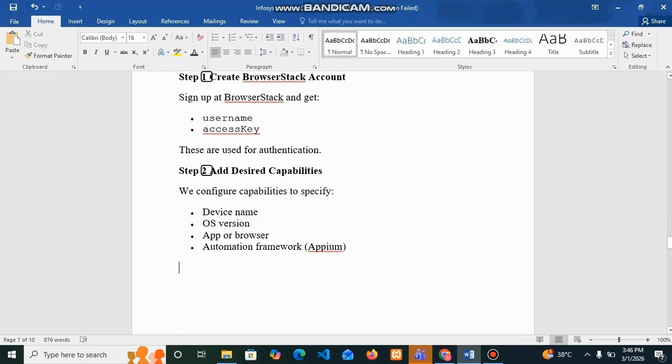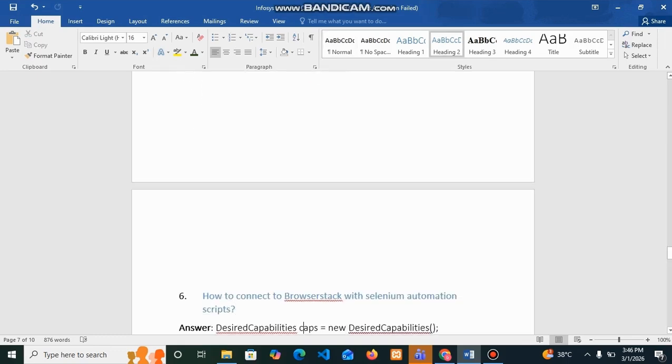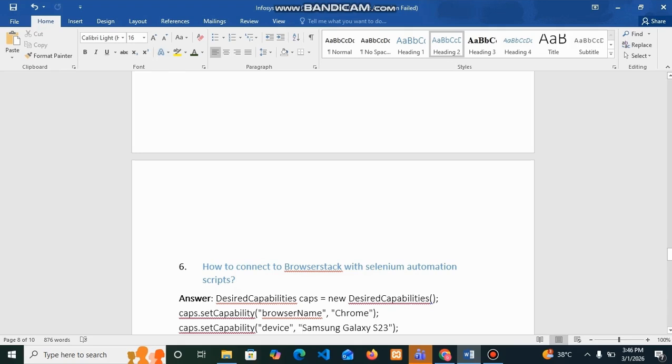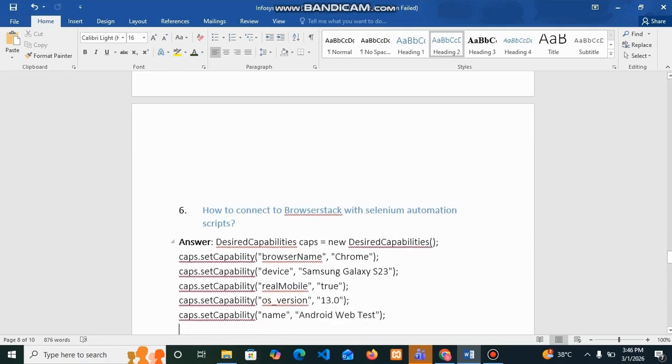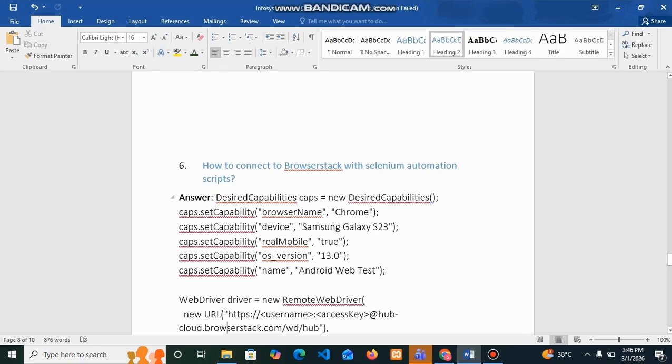The next question was about how to set up the script to connect to BrowserStack. For this question I provided a script to connect to BrowserStack using desired capabilities.